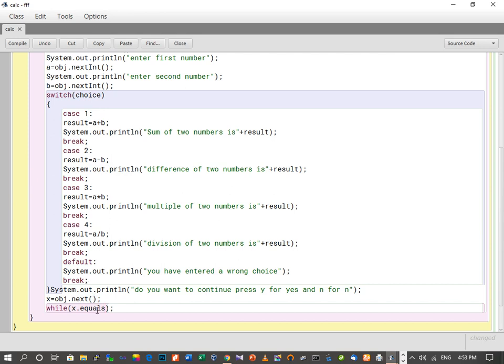So here we write equals, and the syntax of writing this is, inside double quotation marks we write y, and this is closed. Now one more thing is that the user can provide y either in capital letter or in small letter. So we should provide both the conditions. That we can provide by using the or symbol. Means if the x value is equal to small y, or if the x value is equal to capital Y